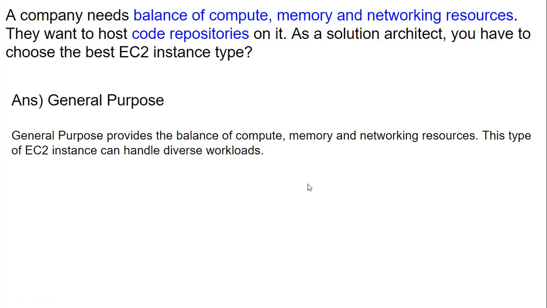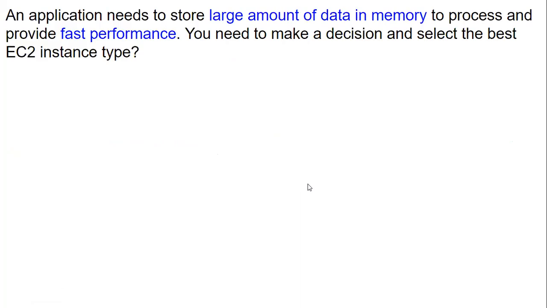Let's look at the next question, which is an application needs to store large amount of data in memory to process and provide fast performance. Here, the requirement is to store huge amount of data, and that also in memory, that is your RAM. Such type of